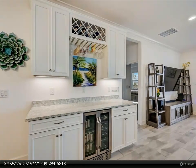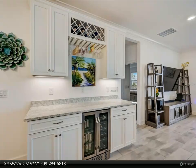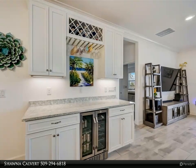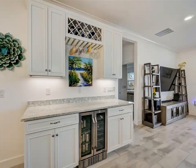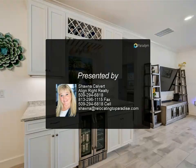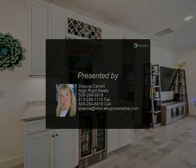Community amenities include 2 year-round heated pools, a cafe and lounge, 24-hour fitness center, walking trails, and courts for pickleball, tennis, and basketball. With smart upgrades, paid-for enhancements, and a prime waterfront location, this home offers a rare opportunity to enjoy the best of